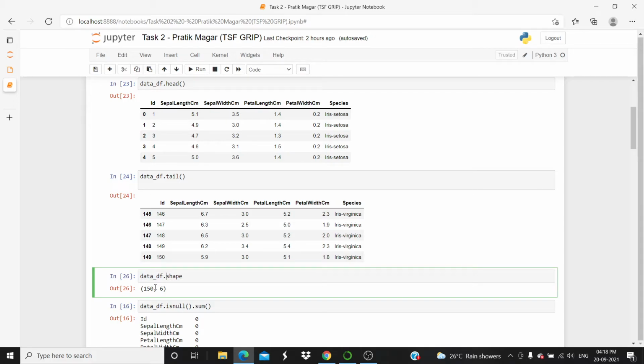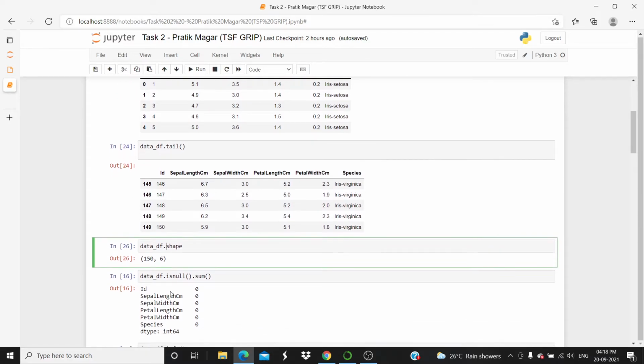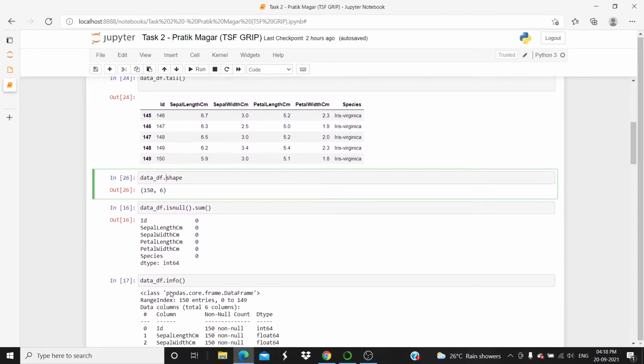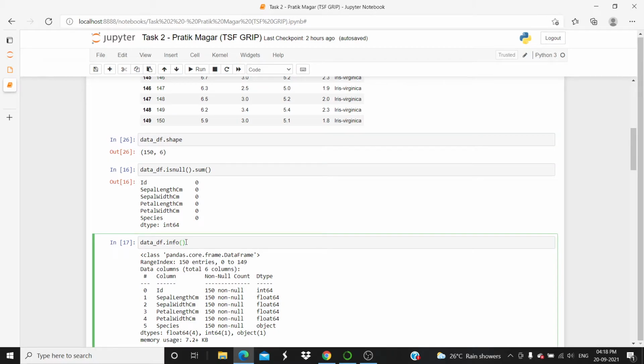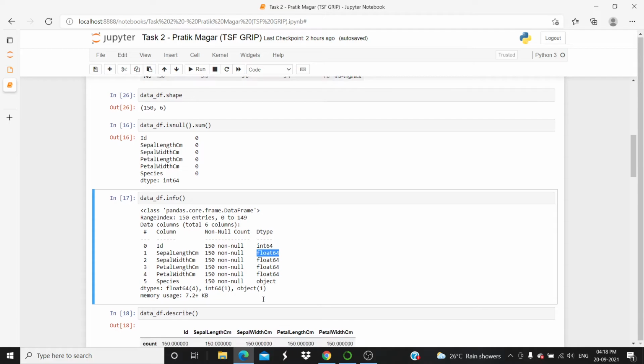Here we can find that we have 150 rows and 6 columns in our dataset. Dot info is used to check the data type of the data. Float64 is there because it represents numbers much more accurately than 32-bit.